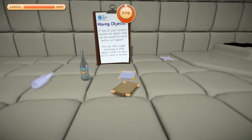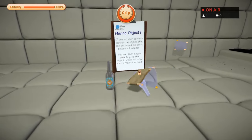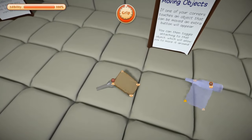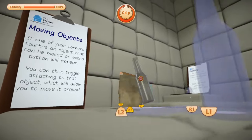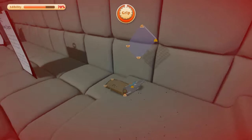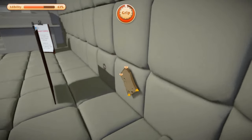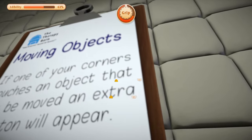Moving objects. If one of your corners touches the object, it can be moved. Okay, so... no. Okay, alright, so I got hold of the bottle. And I can throw it. Alright, good. So, let's get over here and check on some of these other instructions. Oh, wait, what'd I do? What am I doing? Oh, it's ants. Oh, no. Ants are on my bread. Oh, good. Okay, so my health is my...